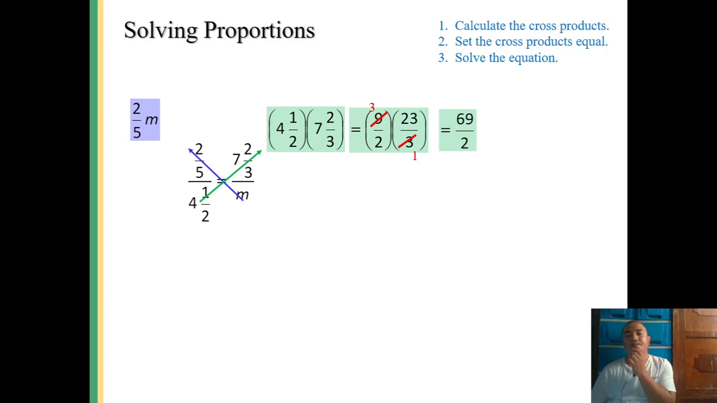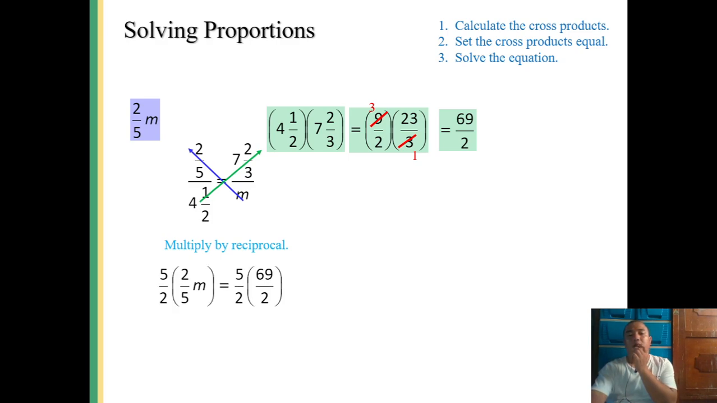69 over 2. Yeah. So let us now equate. 2 pi m is equal to 69 over 2. Multiply by the reciprocal, or divide both sides by 2 pi. That means, in short, multiply 69 halves by the reciprocal of 2 pi, 5 halves. So 5 halves times 2 pi is 1. 5 halves times 69 halves is